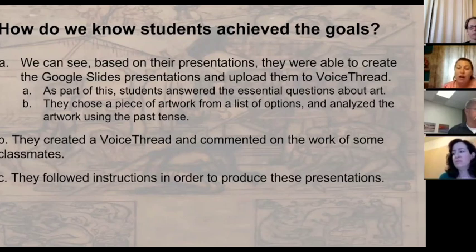Are they working on it? Who is doing the work? Is it equitable, or is one person doing everything? I sent reminder emails to those students who had fallen off the map, which you always get a few, and they managed to come back and get everything done. So that was great. We followed them step by step, and they selected a piece of artwork. They created those Google Slides. They used the grammar concepts that we were asking, which for Spanish, it was the preterite and imperfect, the 2 past tenses.